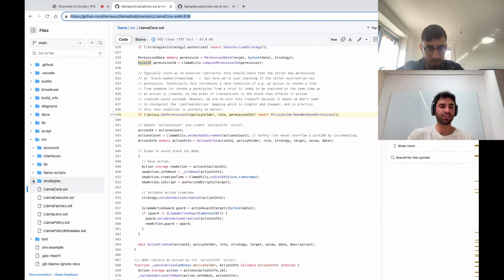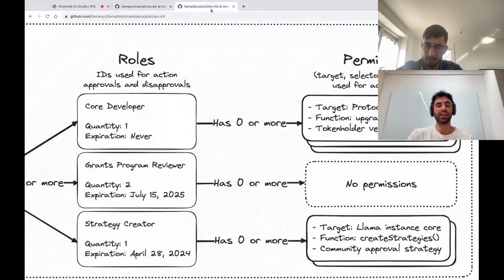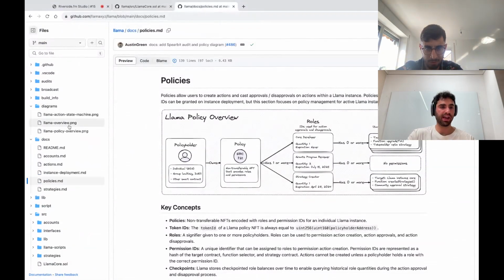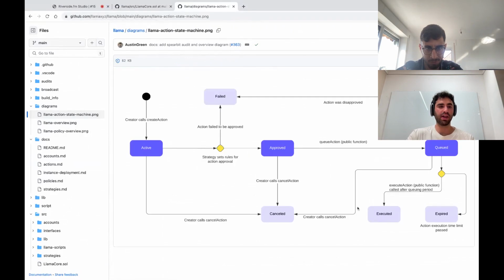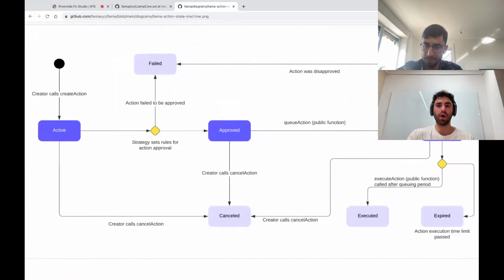Yeah, I think strategies are a great place to actually go through next. Strategies are contracts that define the logic for the action state transition. I'm going to make heavy use of these diagrams. When you think of what an action is and how it goes from active to executed, this is a good reference.